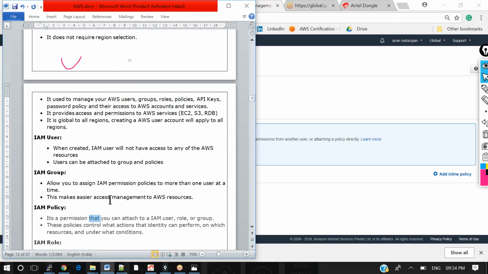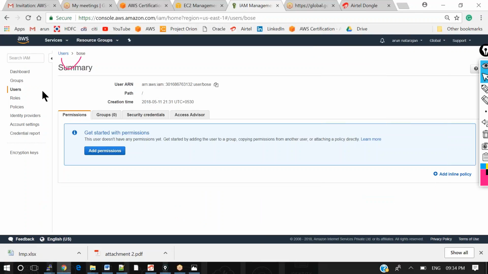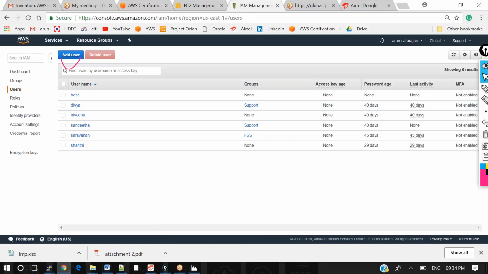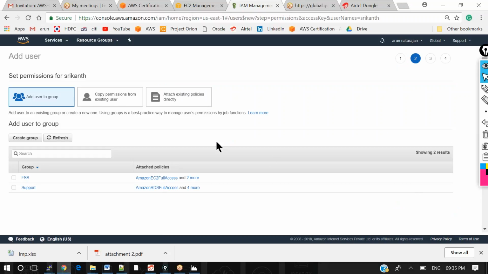Now here I would like to create one more user called Shrikant. So user, add user. I am creating one more user called Shrikant. Let's say programmatic access. Right now I would like to assign some VPC permissions to him, so under my account he can create the VPC.